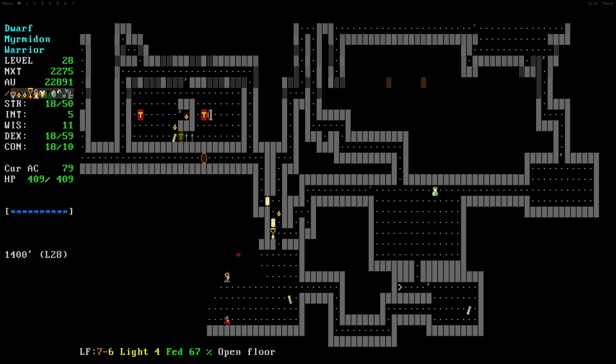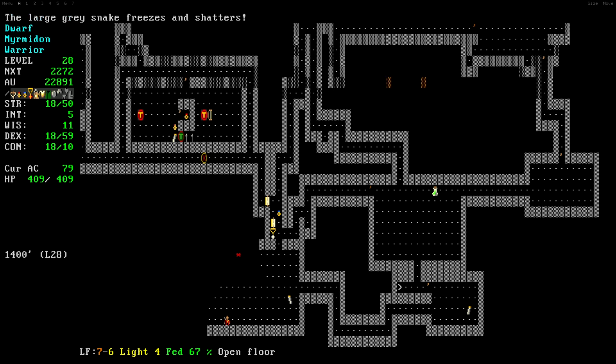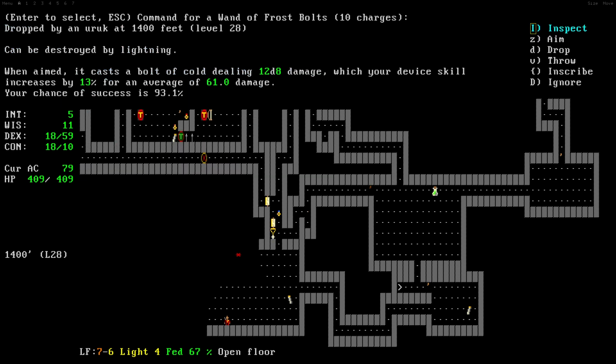Large gray snake. Okay, snake. Take mystery wand. Gold-plated wand. Zap coming at you. Whoa. Dang. Well, that was kind of cool. I froze and shattered the giant snake in a single shot. Bolt of cold dealing 12d8. That's pretty good, right? My device skill increases by 13% for an average of 60 damage. I mean, that's like half the damage I do with a single axe. Well, no, a round of axe hits, but...